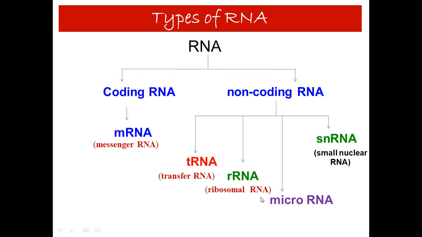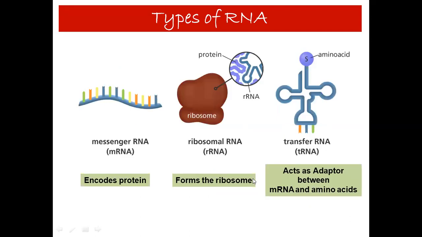The rest types of RNA are small nuclear RNA or snRNA, and microRNA or miRNA, which actually take a very important role in the regulation of expression of genes. First of all, you can see here that although all these RNAs have the same primary structure, depending on their secondary structure and function, they are significantly different